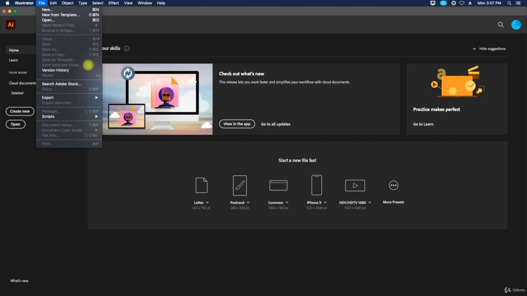So they have a lot of features and a lot of moving parts to make this work. And so the reason why it's important to understand the file menu, the edit menu, etc., is because each menu offers something. And I look at it as part of your toolkit. If you're a carpenter and you're building a house and you have a tool belt with all your tools on it, File is a tool belt that you have